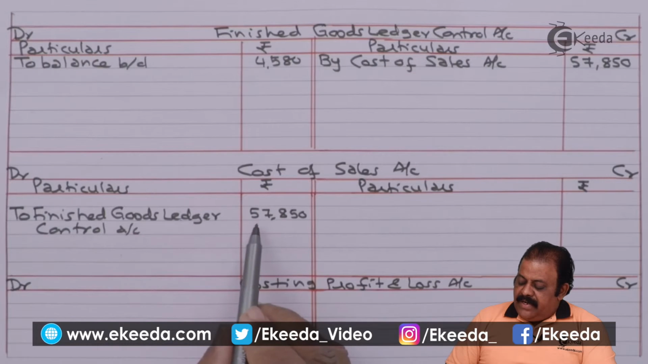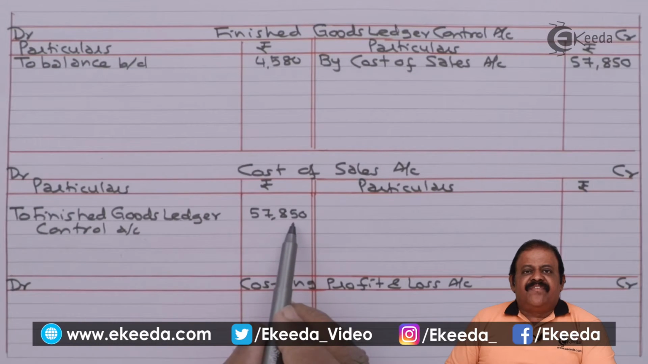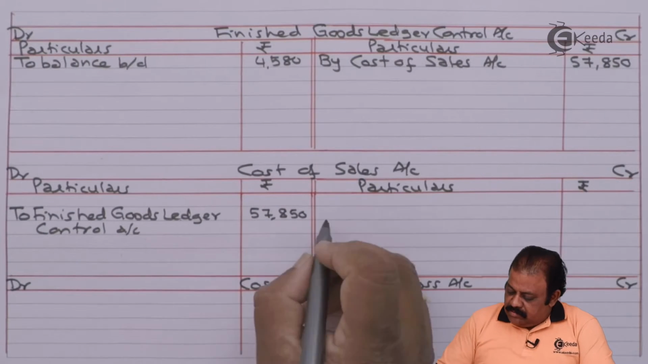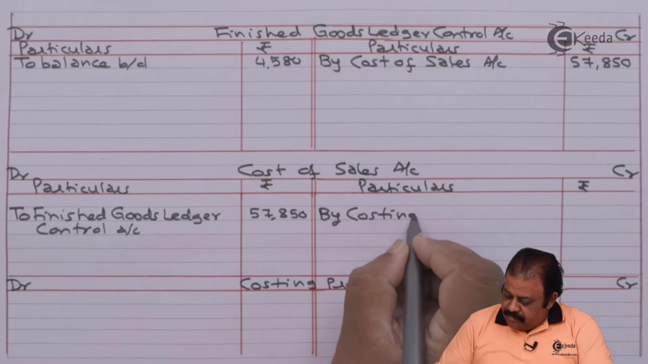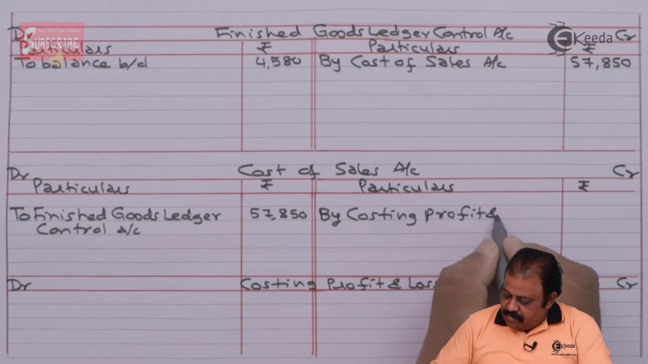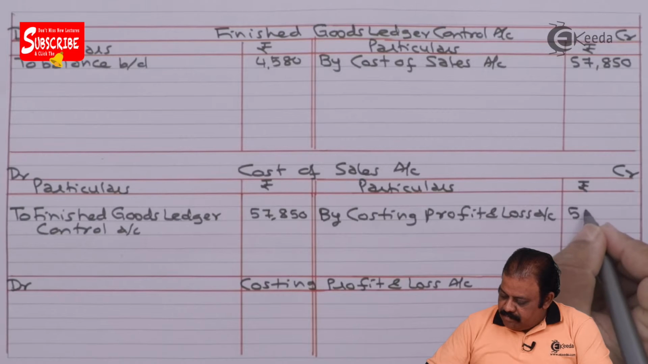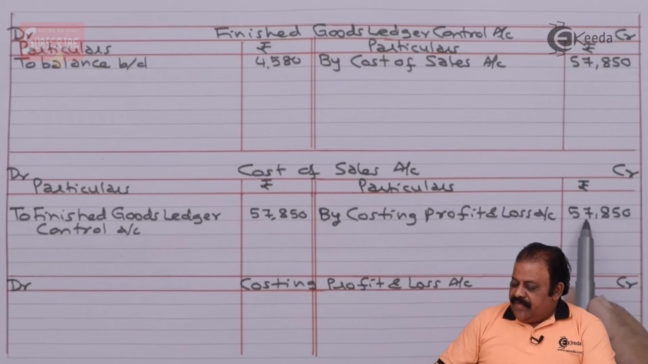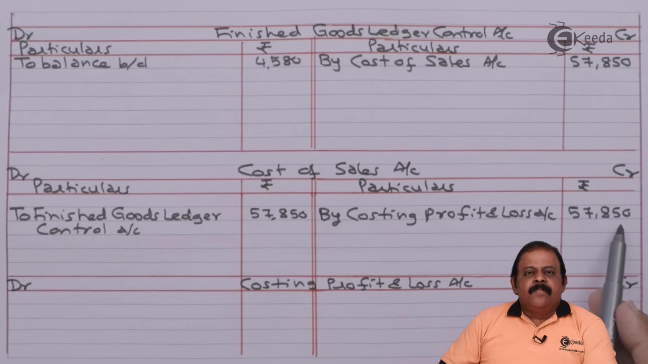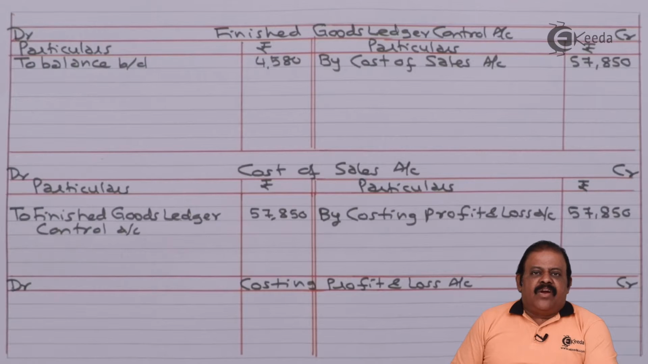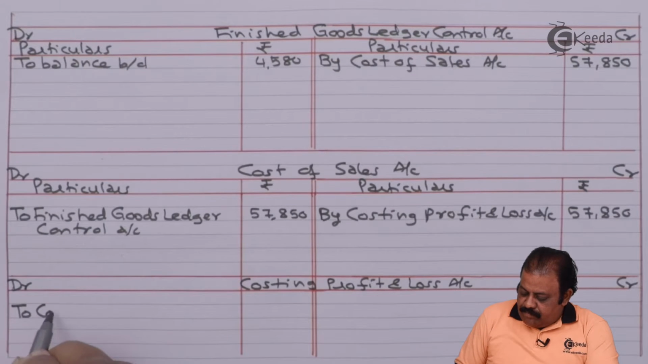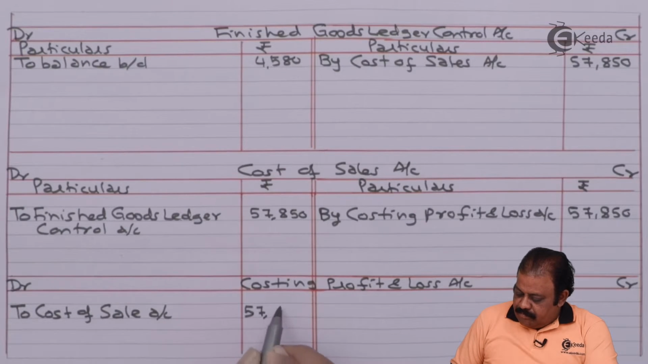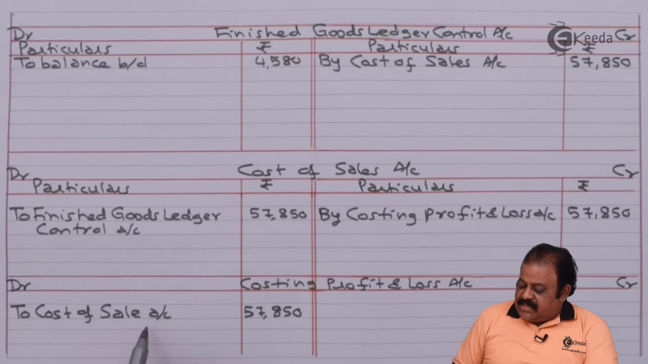Cost of sales, we have debited 57,850. This will be then transferred to costing profit and loss account. By costing profit and loss account, 57,850. This will be debited to costing profit and loss account. To cost of sales account,